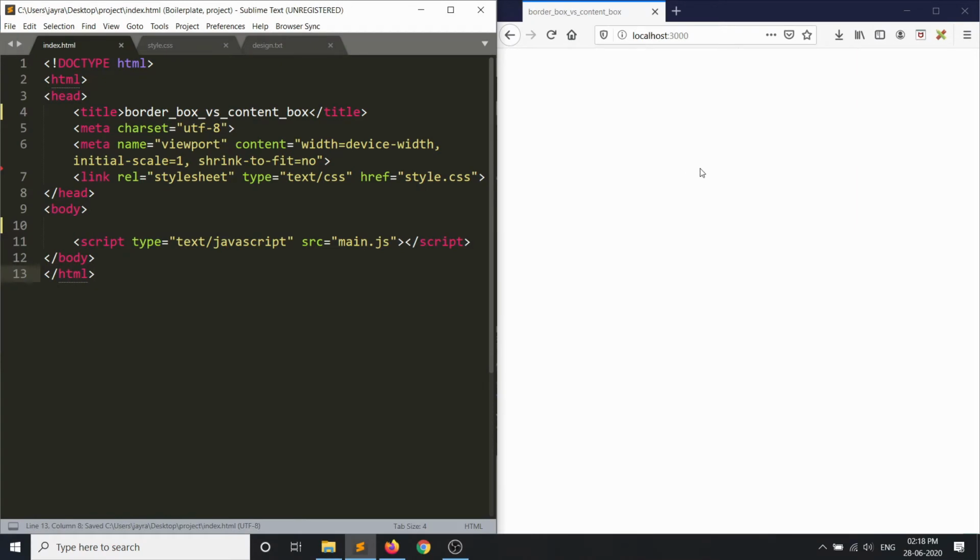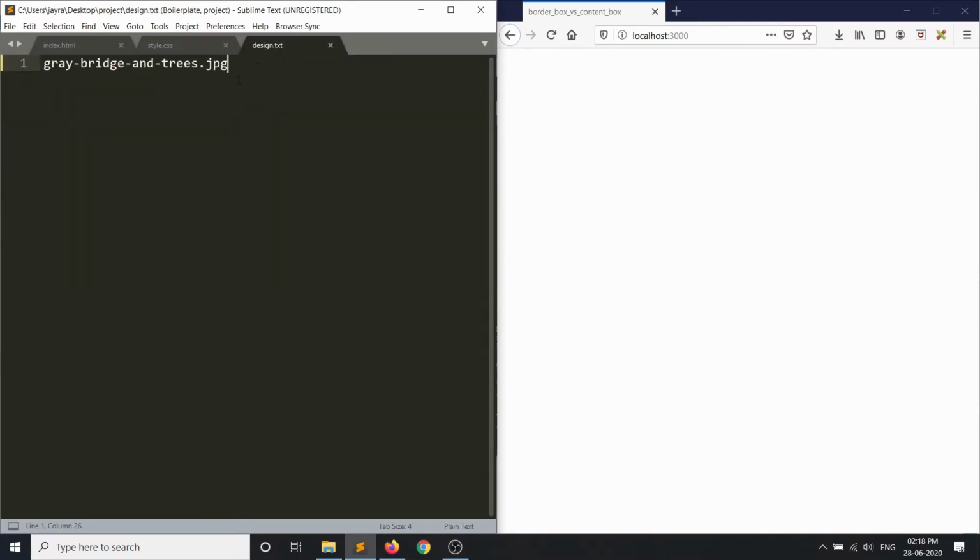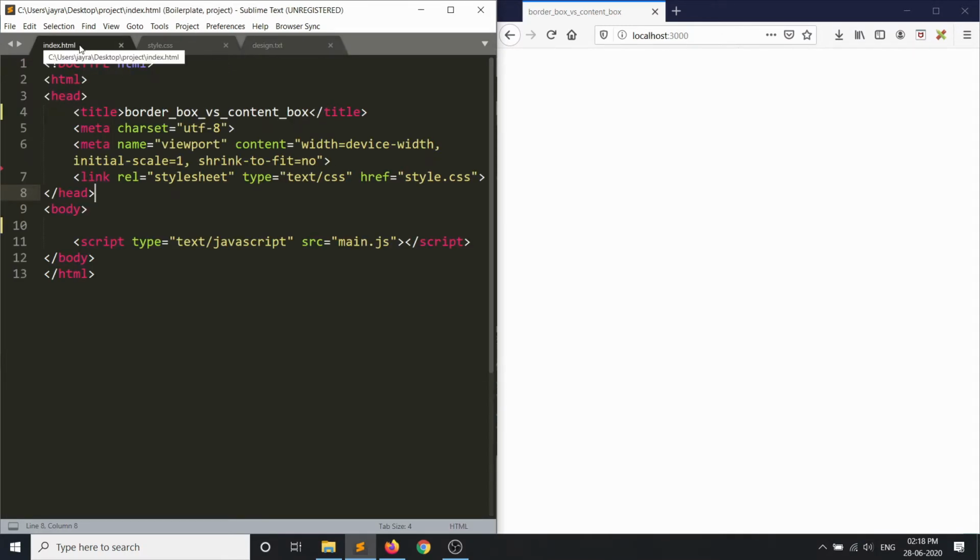So as always, on the right we have our Firefox editor opened up with live server running on it, and on the left we have Sublime Text Editor opened up with index.html, style.css and design.txt. Design.txt contains the image that we'll be using for our design, and in the index.html we have our title tag. After that we have the meta tag, just doing some settings, and then we have a link tag that links our style.css to index.html. Following that we have our script tag linking the JavaScript file to index.html. We will not be using any JavaScript in this design, but this is just a boilerplate that we use in